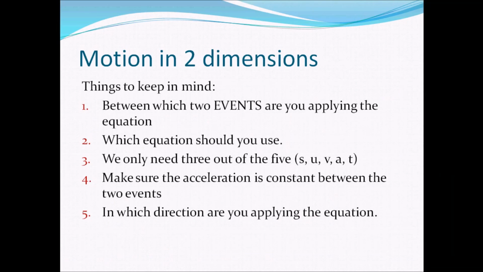We know that s is equal to ut plus half at square, so sx equals ux t plus half ax t square, and sy equals uy t plus half ay t square. Right, and the same goes for the third equation as well. vx square is equal to ux square plus 2 ax sx, and vy square is equal to uy square plus 2 ay sy. So we see that we'll be able to apply any equation,